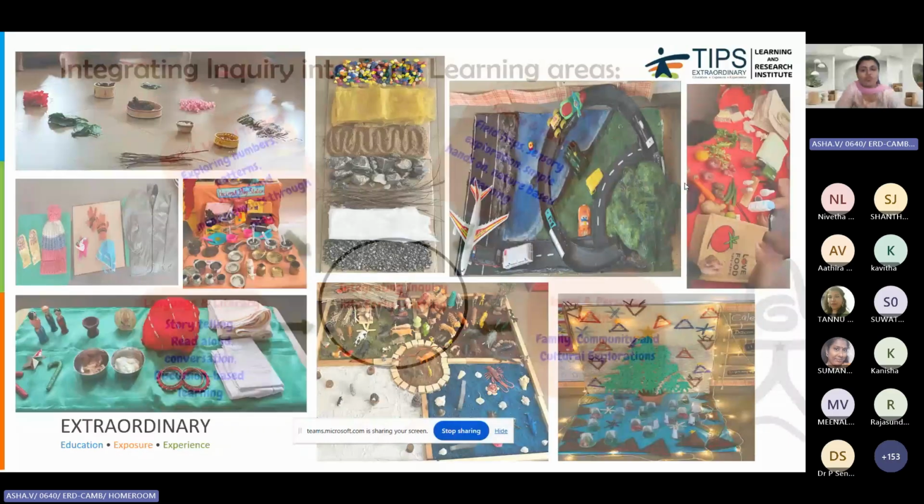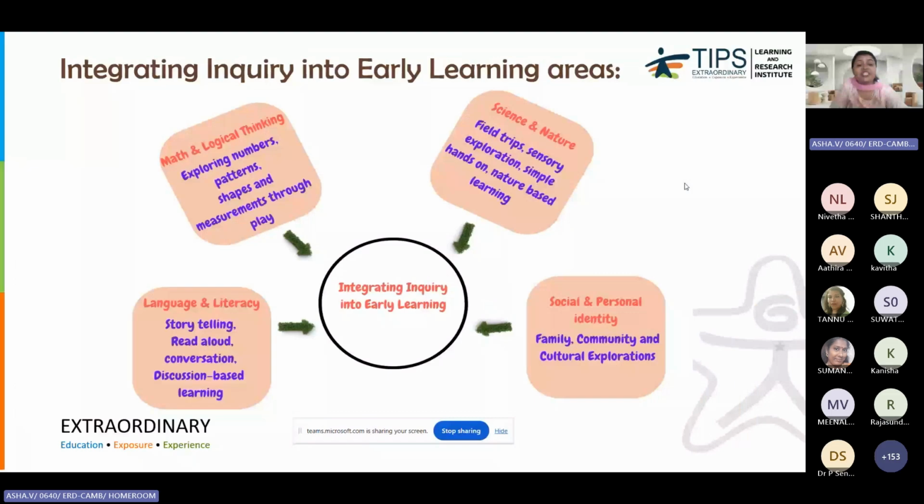Moving on to the next slide: integrating inquiry into early learning areas. Integrating inquiry here is like math and logical thinking, exploring numbers, patterns, shapes, and measurements through play. We help encourage their exploration and discovery through play. A basic example for young learners could be,